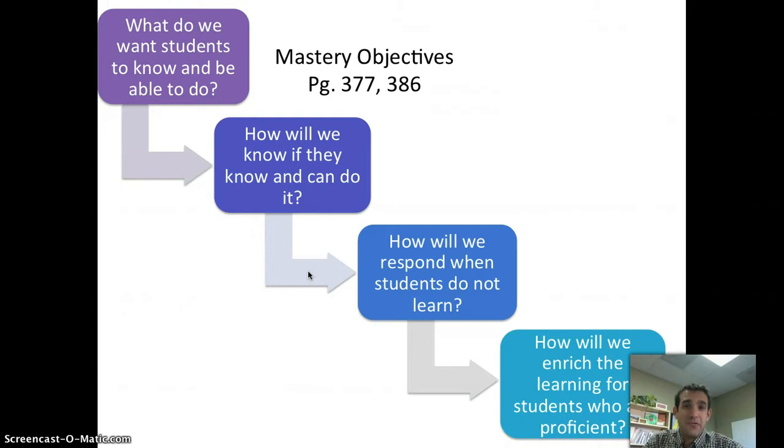And we use the term mastery objectives to talk about the daily objectives that you want as opposed to unit objectives. That chapter also talks about thinking skill objectives, which are a little bit different. So we'll go into that. And page 377 is actually a really good summary of both mastery objectives and thinking skill objectives. And then on page 386 there's another image there that gives a conceptual framework for what we're talking about. It talks about nesting and the different ways that teachers think about planning.